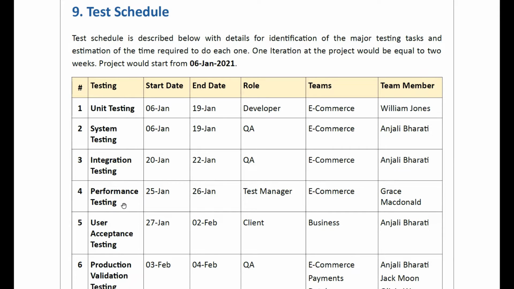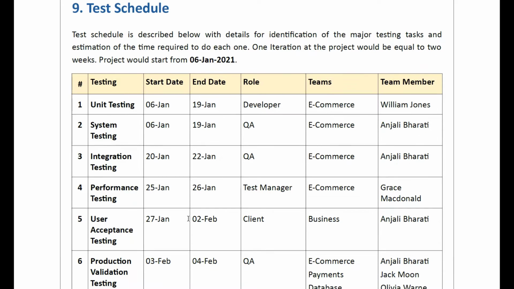In the performance test, we can use JMeter and BlazeMeter to check that our application is working in a correct way, in proper time, or when the user selects a product, how much time it takes to fetch the data from the database and all. We will check everything about the performance of the application in performance testing.